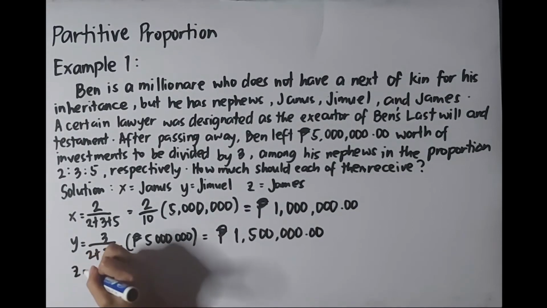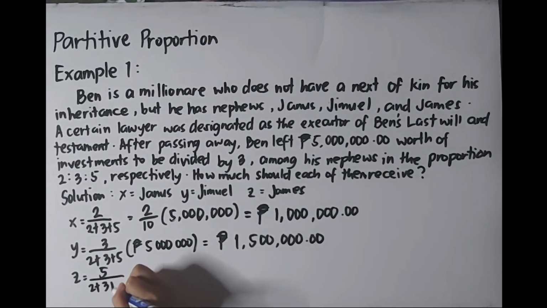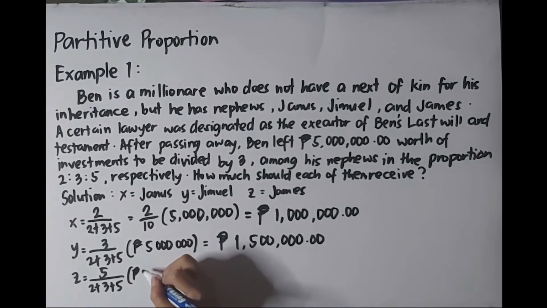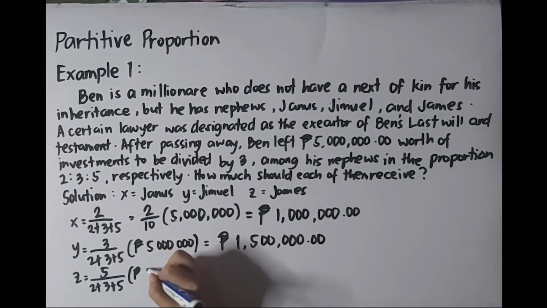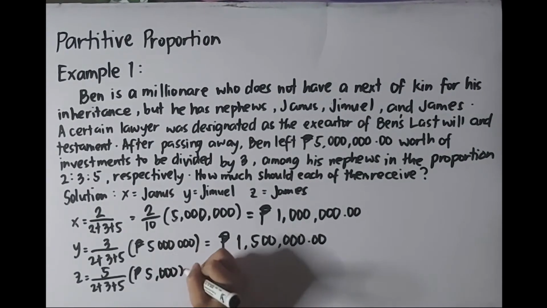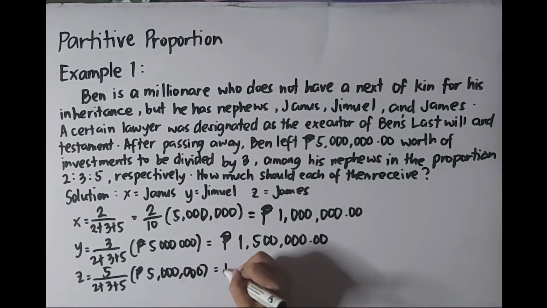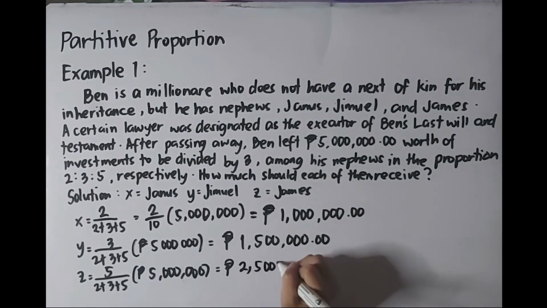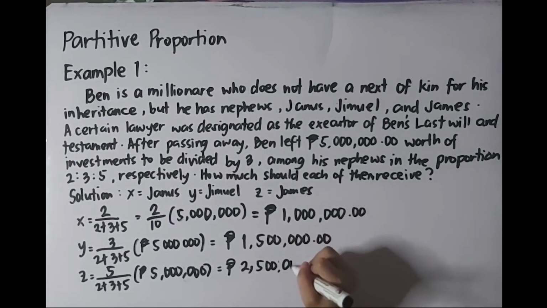And for letter Z, we have 5 over 2 plus 3 plus 5, that is 10, or 5/10, or simply 1/2 of 5 million, that is equals to 2.5, or a total of 2,500,000